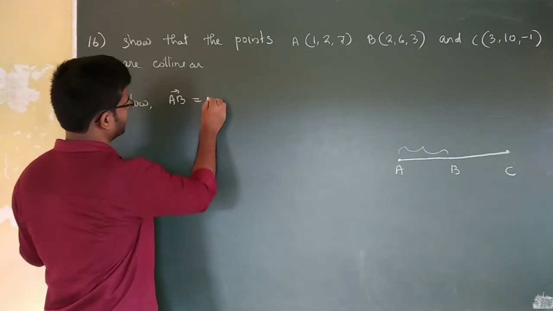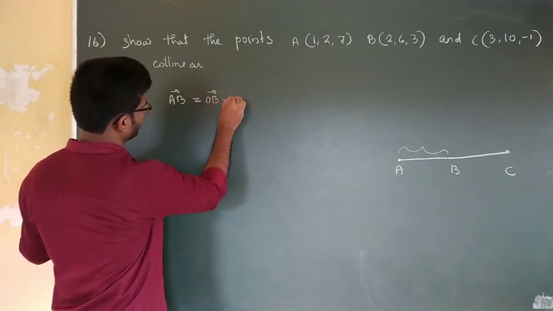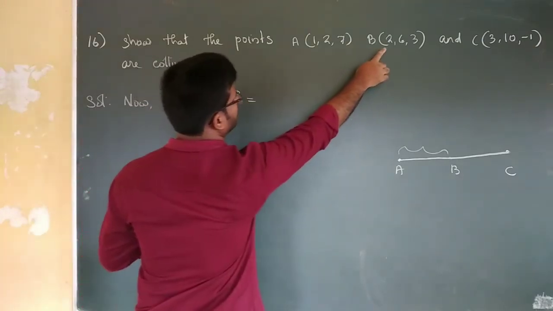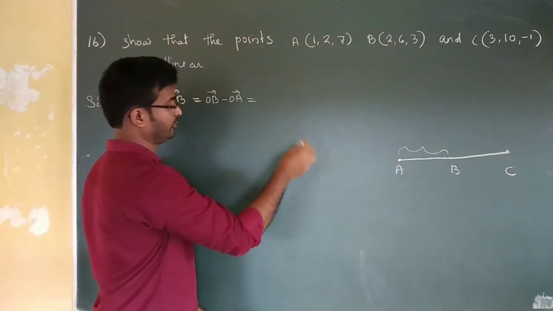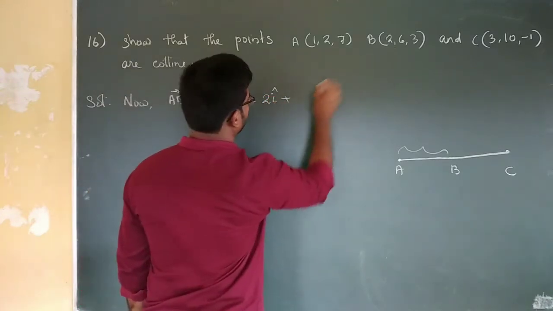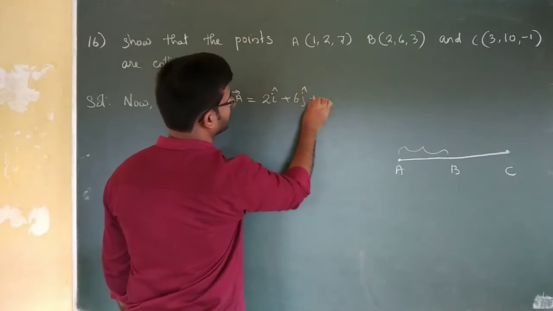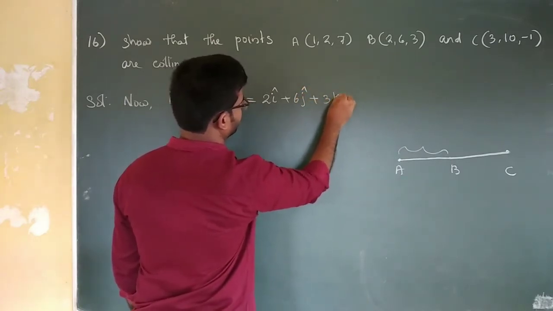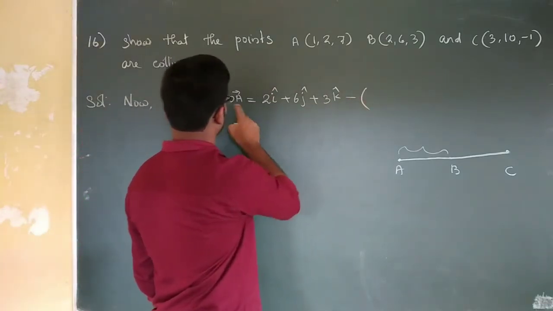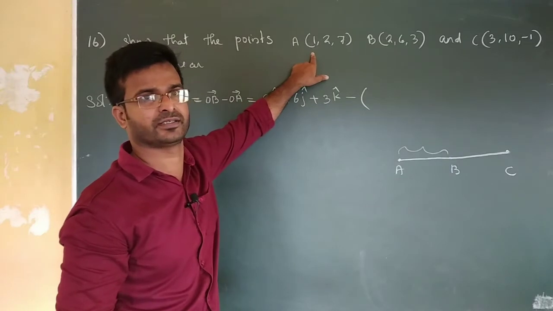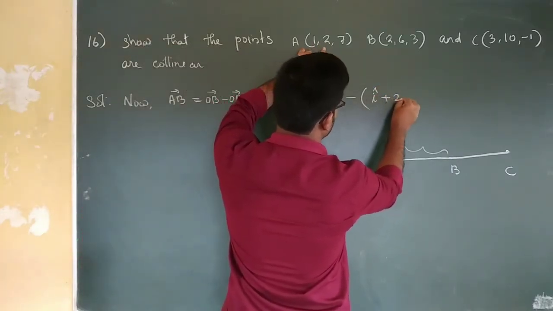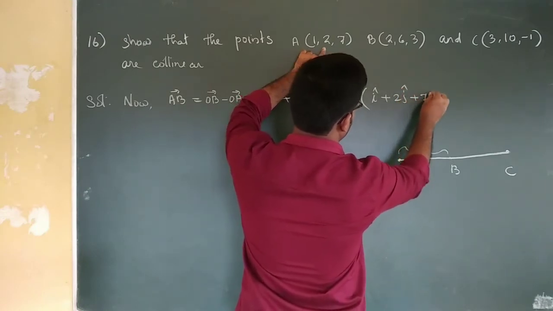How to find out AB vector? That is OB vector minus OA vector. OB vector is from point B, we can write the position vector of B: 2i plus 6j plus 3k. That is OB vector minus OA vector. From this point we can write OA vector, that is i plus 2j plus 7k,